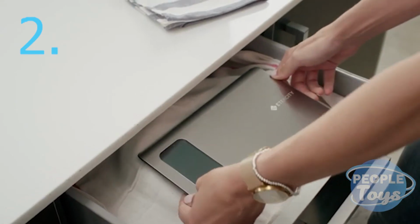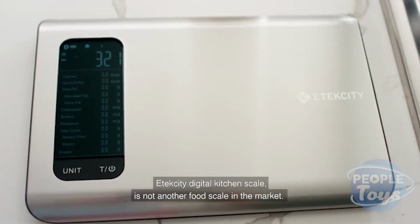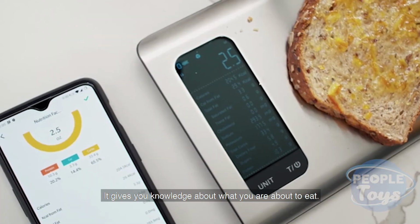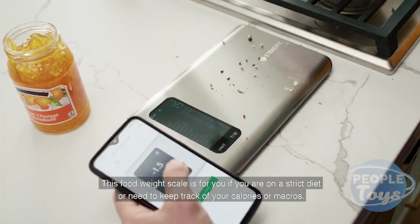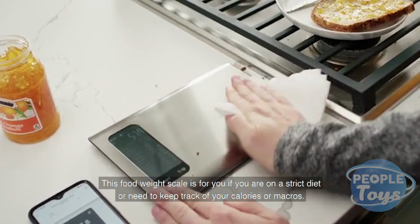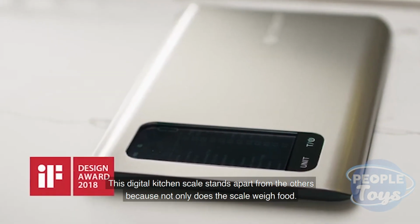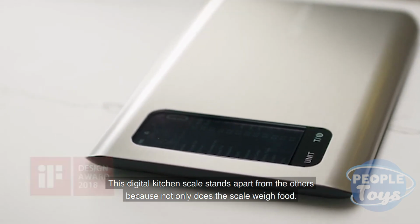Number 2. Etekcity Digital Kitchen Scale is not another food scale in the market. It gives you knowledge about what you are about to eat. This food weight scale is for you if you are on a strict diet or need to keep track of your calories or macros. This digital kitchen scale stands apart from the others because not only does this scale weigh food,